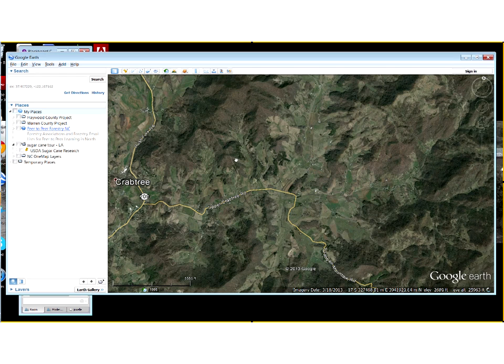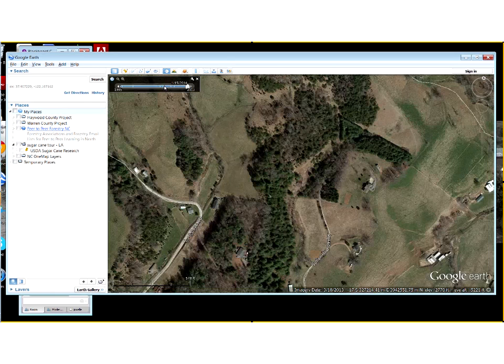Especially if you're trying to get a good feel for what some of the historical data is. I'm not sure what we're going to find here, but we'll zoom in a little bit and we'll try the historical photography. So it's going to refresh here. While it's refreshing, I'm going to click that little icon that looks like a clock. And what it does is it puts a, can't quite see it on your screen yet, and we'll give it a minute just to refresh. What it does is it puts a